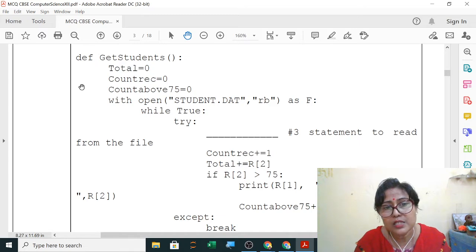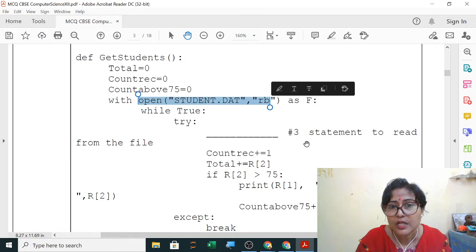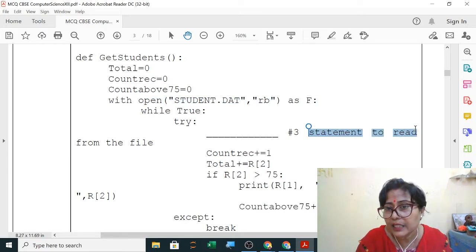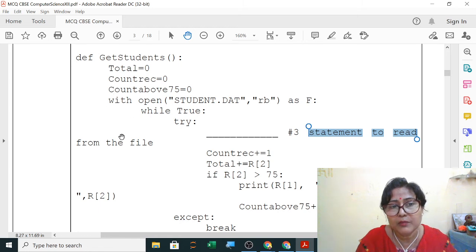Now the third, fourth and fifth option we will start. So get student, we have to read the student and we have to check. So for reading, we will open the file in read mode. You can see here we have opened the file in read mode. Now how to read the file? Anybody can give this answer? Just now I have told you. Dump to write, and file name dot load. Very good. Clear? So here it was F. The name of the file was F. So the third answer will be F dot load bracket.